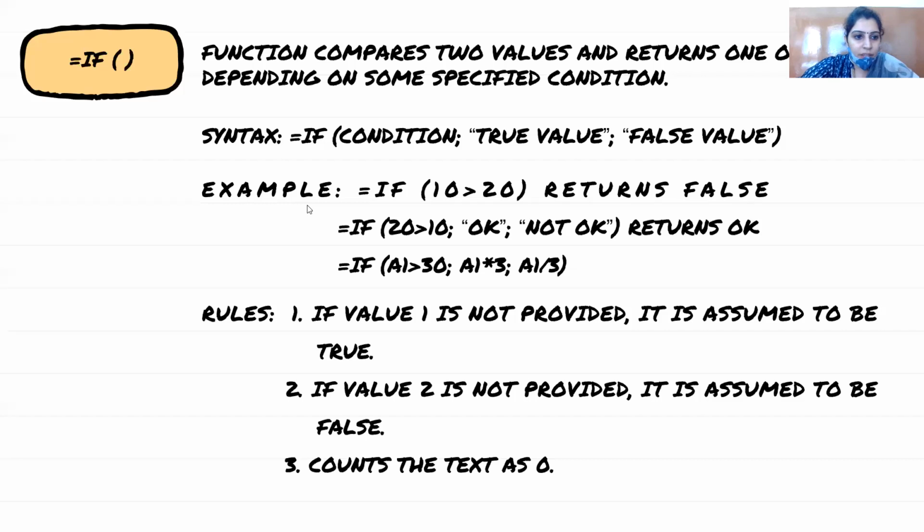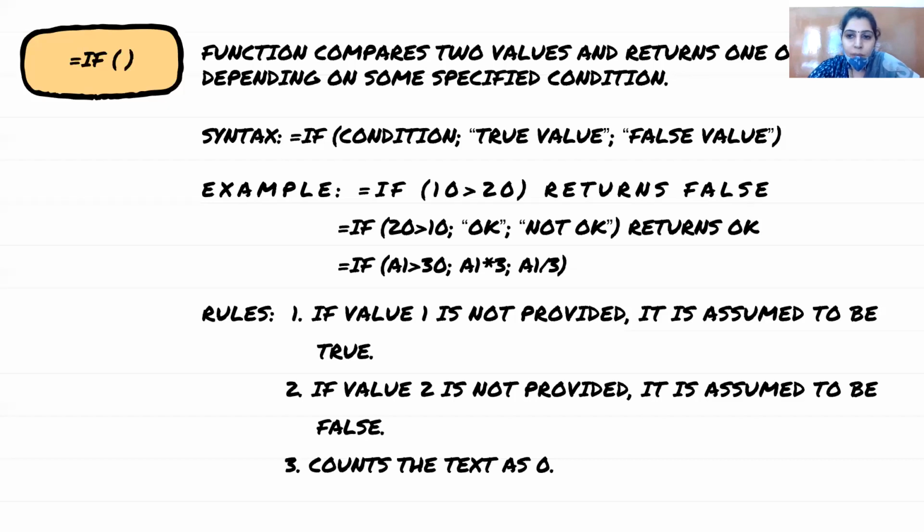The answer will be, क्या बोला मैंने कि percentage should be greater than 50. So equal to if A1 is greater than 50, semicolon, true case में क्या आएगा? Grade A, जहाँ आप अकेला A भी लिख सकते हो, A, otherwise the grade should be B. So look in the answer now. If A1 is greater than 50, yes, Visam, now it is correct. Grade is A, otherwise grade is B.